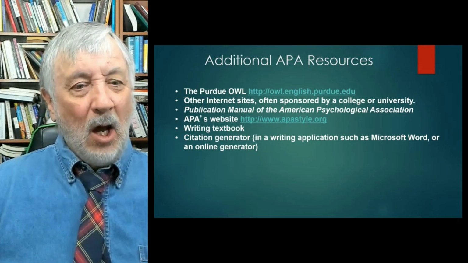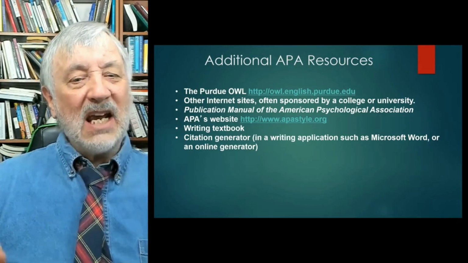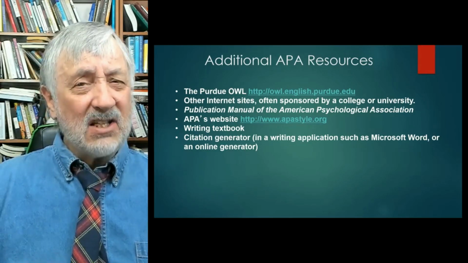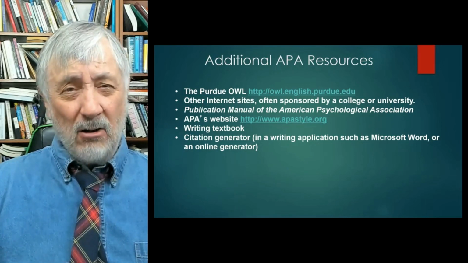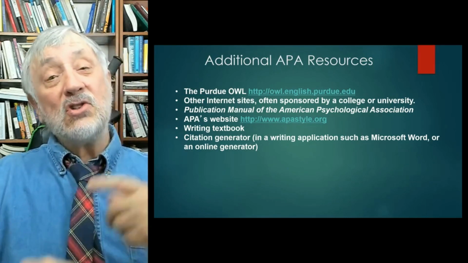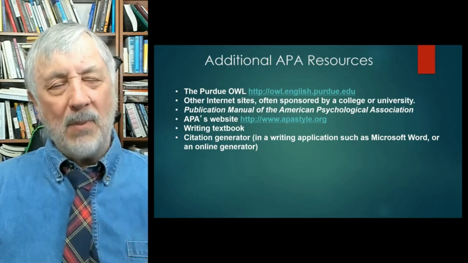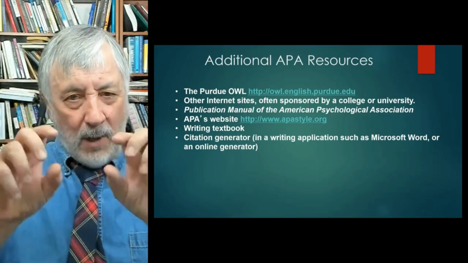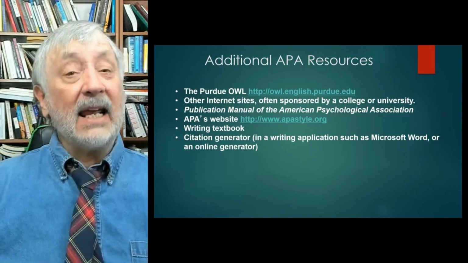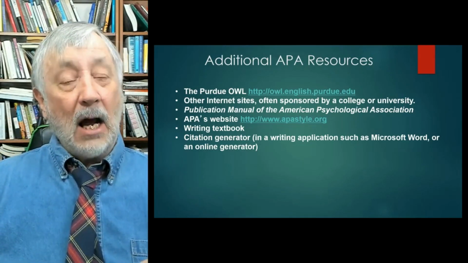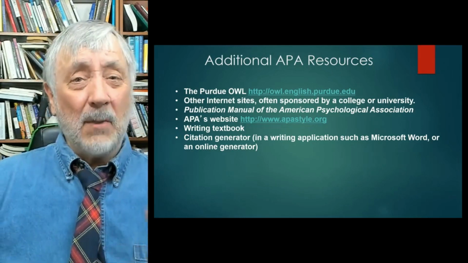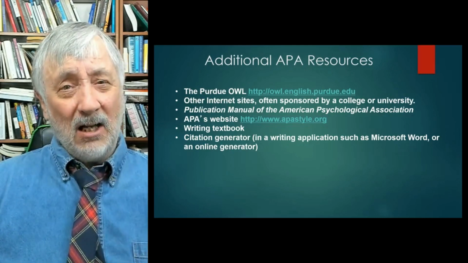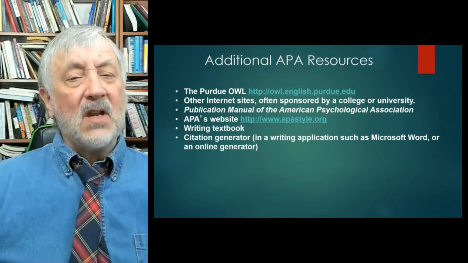Or you can use a citation generator. You'll find this in Microsoft Word. You'll find several of these in an online generator. You type in the name of the book. You say whether it's a book or an article or a web page, and then you type in the title and the author and the date and all that. So they have little boxes, little insert boxes for you. And again, I'll give a lesson on these. And now, of course, when you do those, you have to make sure you get the information correct, because it's still a stupid machine and it only knows what you tell it, garbage in, garbage out. But you can use that as well.